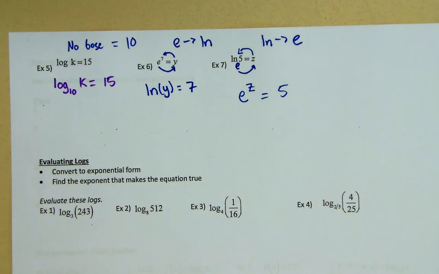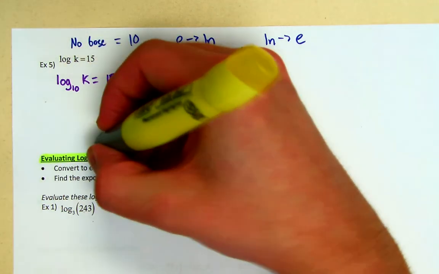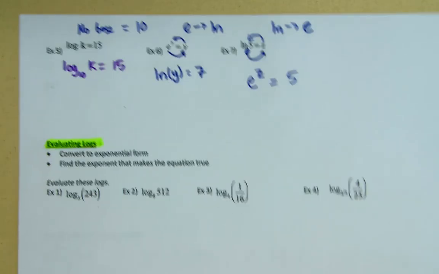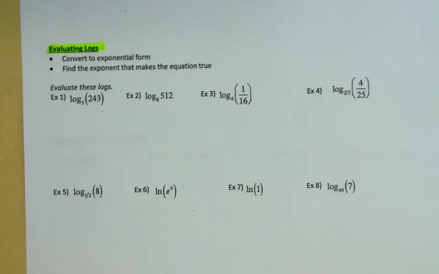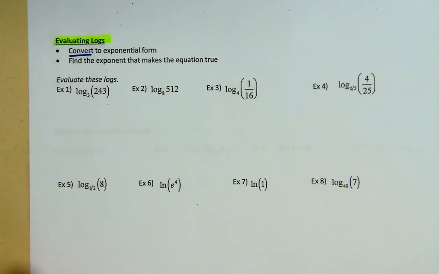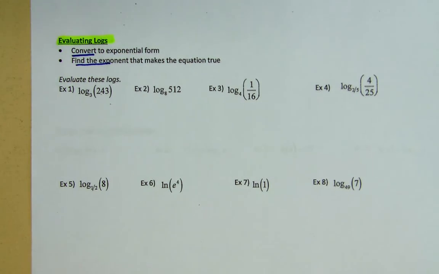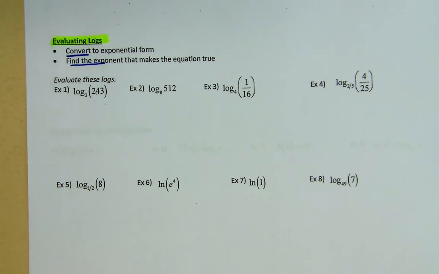Alright, now that we have switched between forms, let's go ahead and actually evaluate some logs. So hitting another objective here. The first thing you want to do when you evaluate a logarithm is convert. So first, convert, and then we need to do some guesswork. Find an exponent that makes the equation true. So here we've got 3 to some power